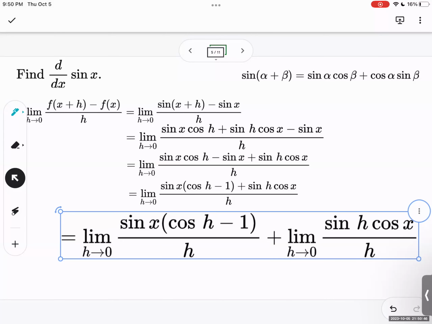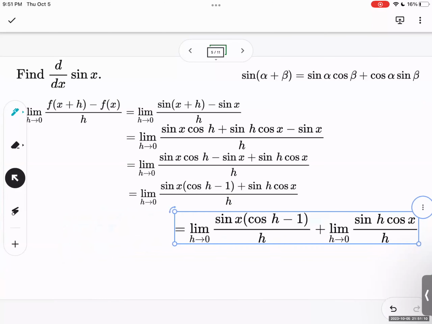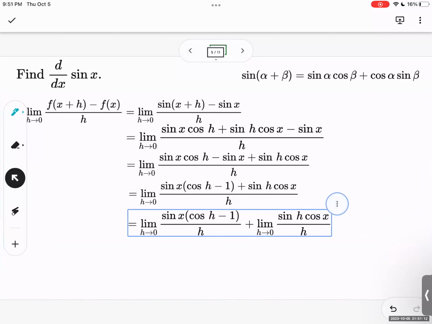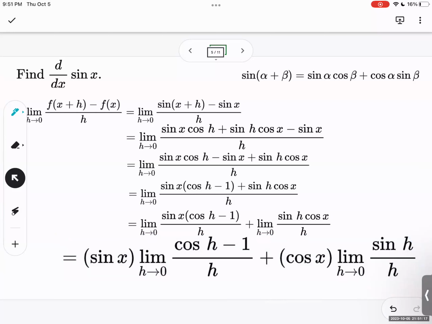Since I have a limit of a sum, I can split that up into the sum of the limits. So all I've done is take the limit as h approaches 0 of sine x times (cosine h minus 1) over h, plus the limit as h approaches 0 of sine h cosine x over h. And then finally, we can rewrite this as